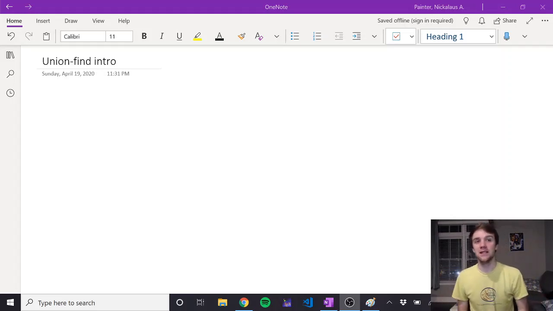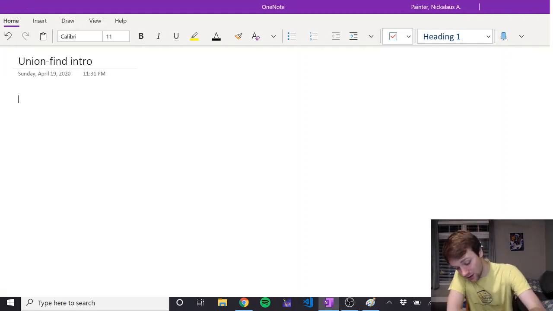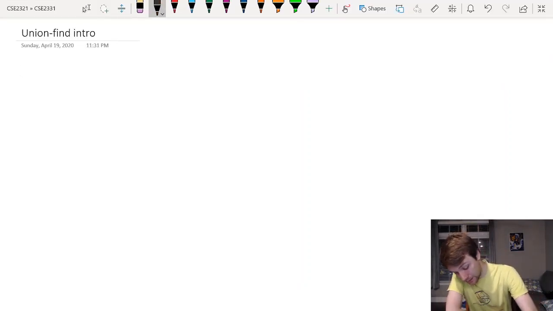Hello everyone. In this rather quick video, we are going to introduce the idea behind union find, which is a quite unfortunate name for a data structure that we're going to be using. This is a data structure designed to represent distinct sets. So let's write that down for ourselves. This is a data structure